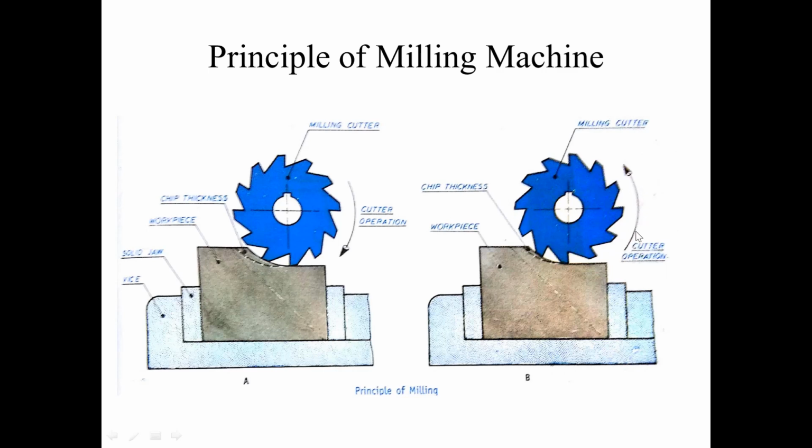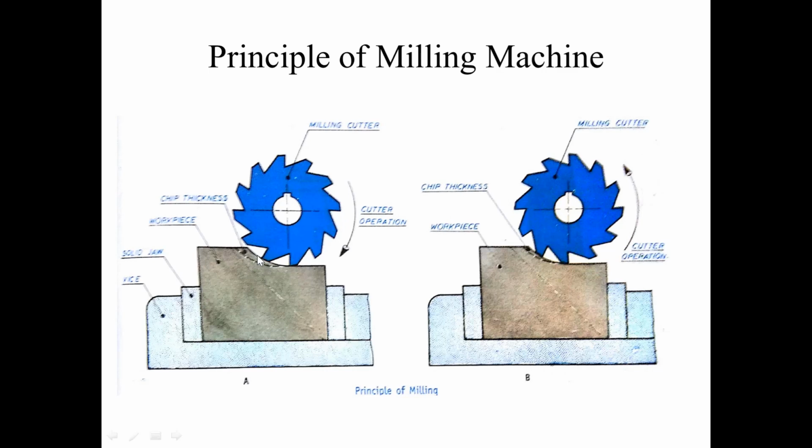Here it is going to revolve in anti-clockwise direction, so that the teeth which are coming in anti-clockwise direction first cut the workpiece, and those chips, or what we call the metal removed, are sent in a downward direction. So this is called the down milling operation, and here the cutting tool will be revolving in anti-clockwise direction, and in up milling we revolve the cutting tool in clockwise direction.